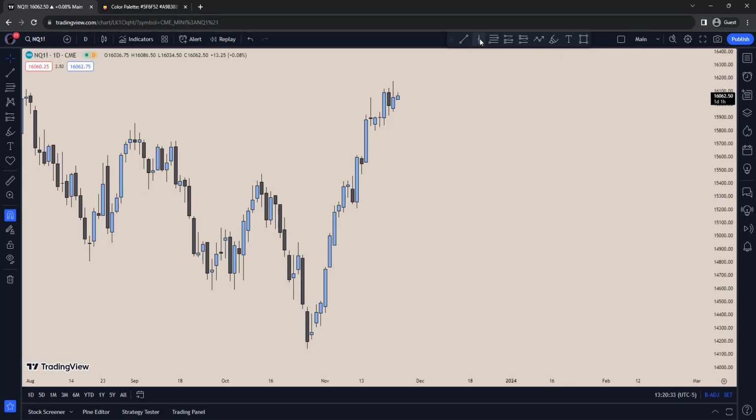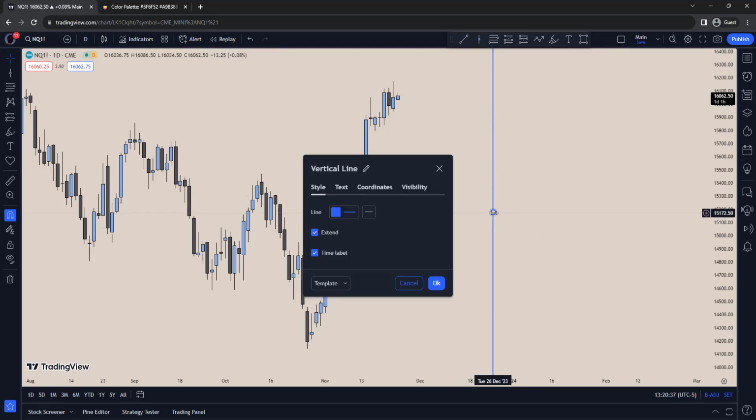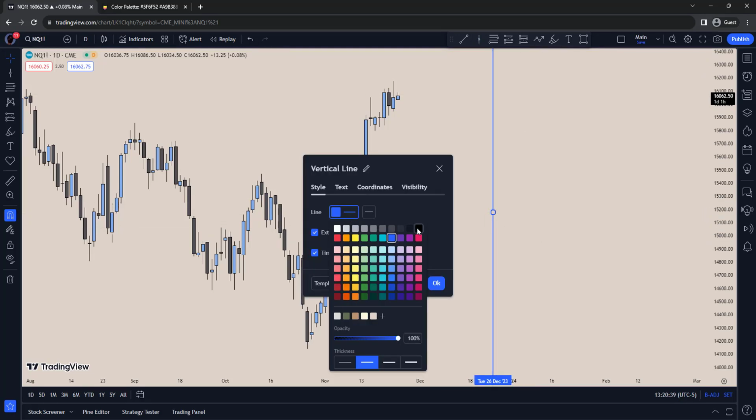Next up, we have vertical lines, and how I like to set these ones up is when I go to settings, once again, make it black. And then I choose the first thickness, which is the thinnest one. And then I choose the opacity to be either 25% or 15%. The reason I make the opacity so low on these is because when you have a vertical line on a candlestick, it can